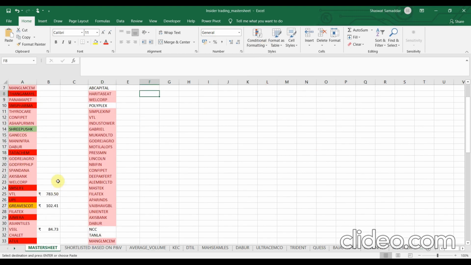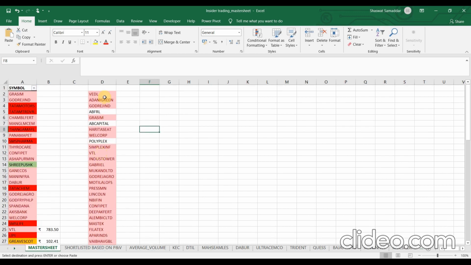That's the color coding which I use to figure out which stocks are in the range or which stocks are completely out of the range, etc. Again, I have explained this whole thing in the Trading on Insider Information playlist. There are four parts, I guess, in that particular playlist.